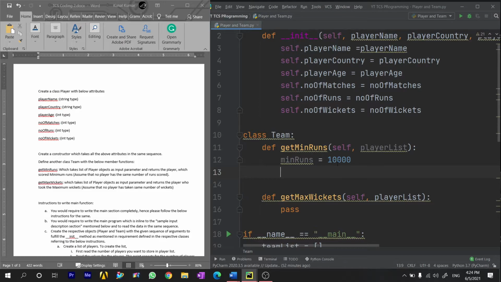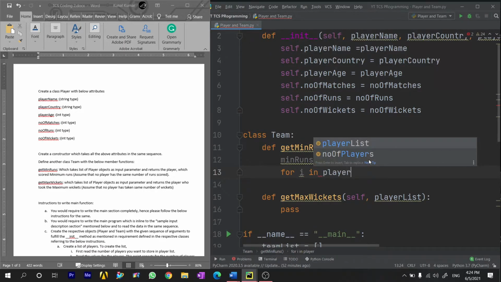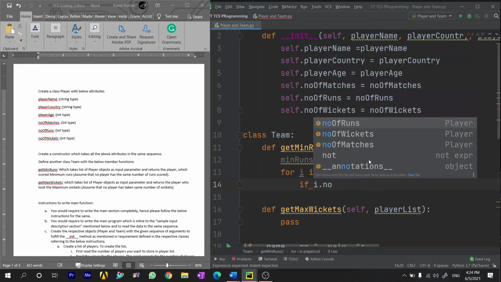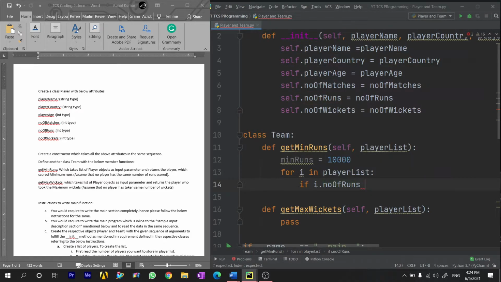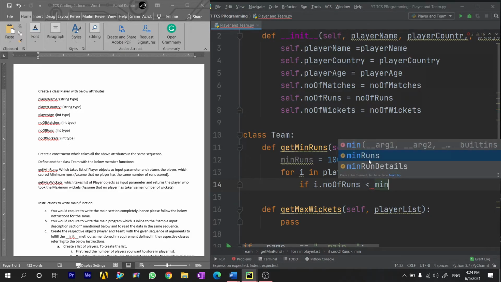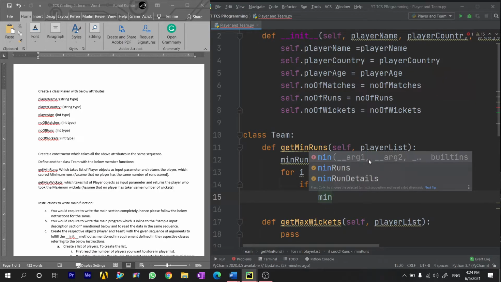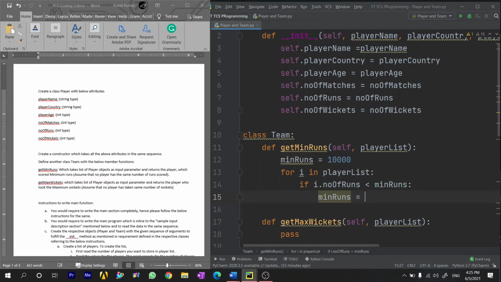So we are taking a value of 10,000. Now we will iterate over this player list. So for i in player list, we will check the value of runs, i dot number of runs. If this is less than min runs, in this case, min runs would be equal to i dot number of runs.